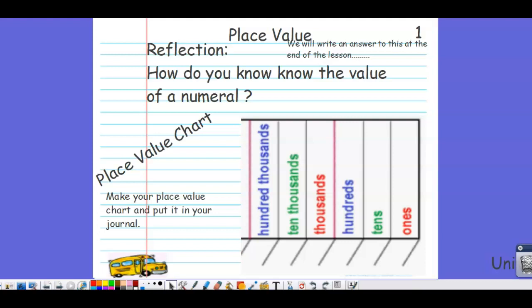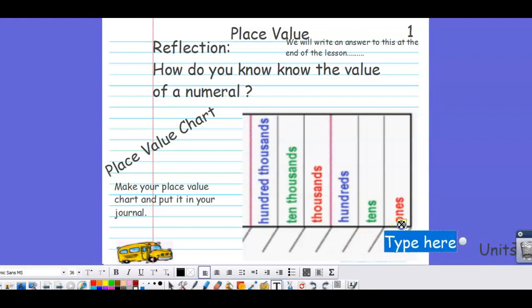The question you're trying to answer after today is, how do you know the value of a numeral? The way we figure that out is, in your journal on page 3, you're going to make a place value chart. I'm going to put numbers in there to help you, and we're going to talk about it as I put the numbers. So the very first thing is I'm going to put the number,